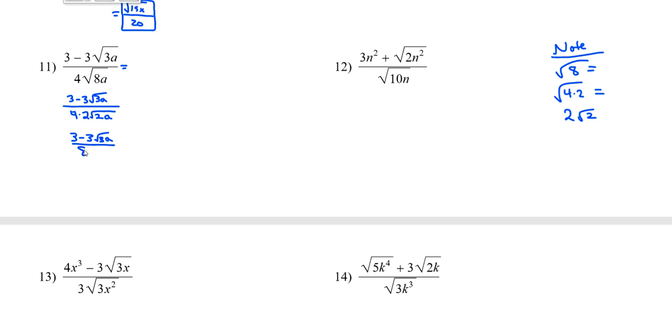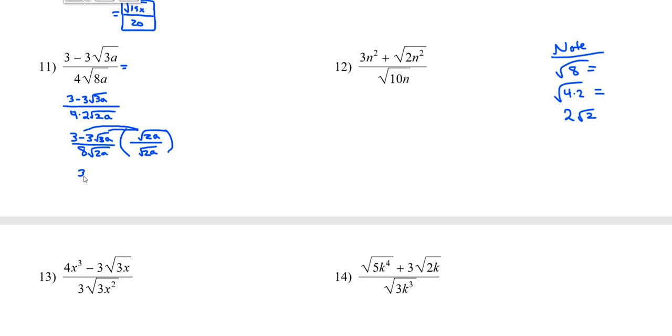Now in order to get this out of the denominator, I do have to multiply by that special kind of 1 again, so the square root of 2a over itself, ultimately creating the square root of 2a quantity squared, so the square root will cancel out with the square. In the numerator, I'm going to have to distribute this square root of 2a onto both of these terms in this binomial. So in the numerator, it becomes 3 square root 2a